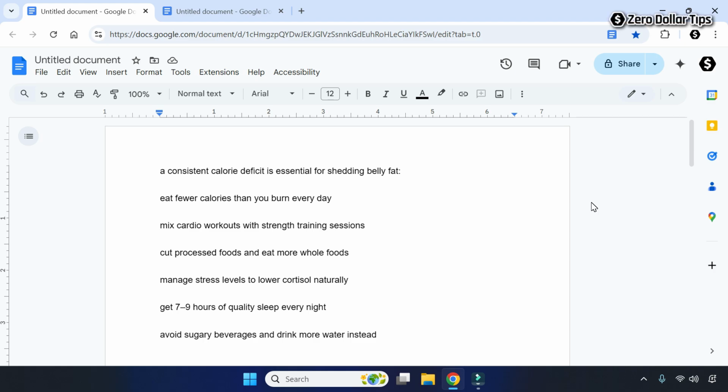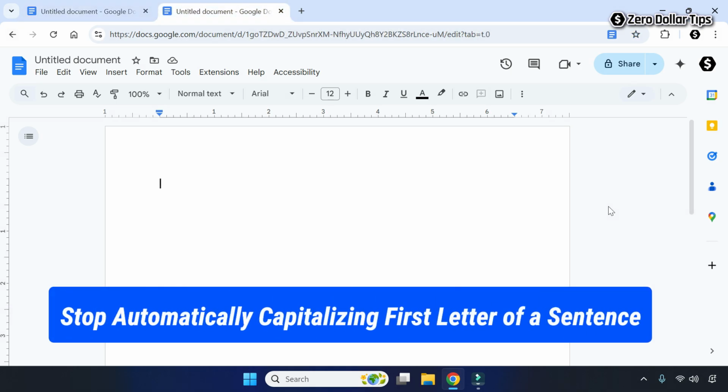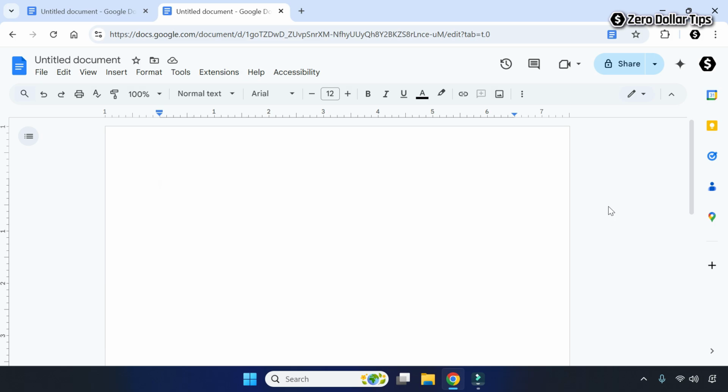Hi guys, if you want to stop Google Docs from automatically capitalizing the first letter of sentences like this, then let's see how to do it. With the auto capitalization turned on in your Google Docs, when you type something, the first letter of the sentence gets automatically capitalized. Let's say for the example, here I am going to type,